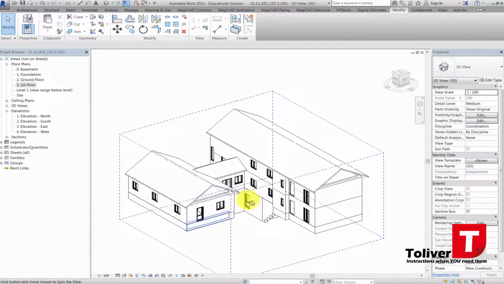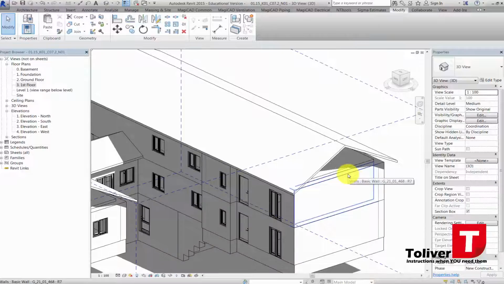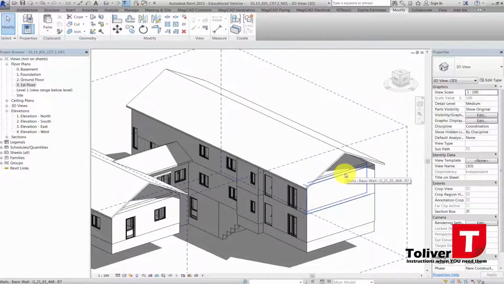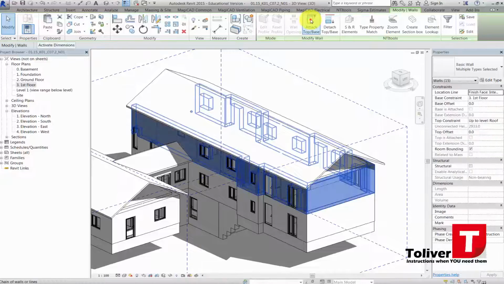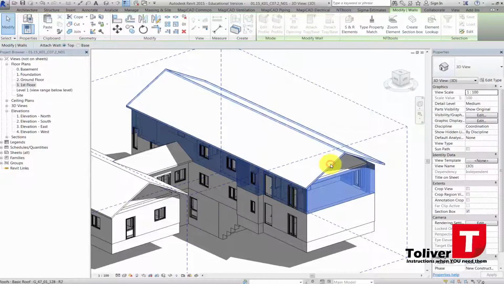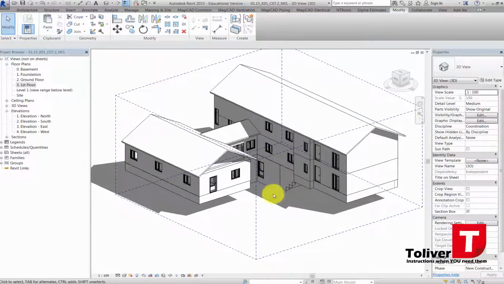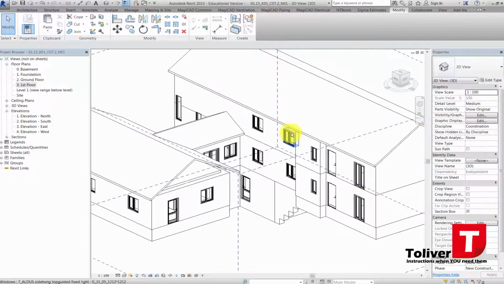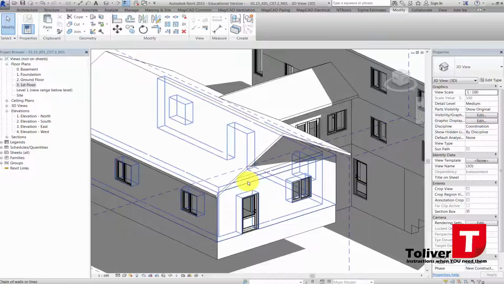Since this is what you call a project proposal, what you could do is hold your cursor over one wall, use the tab once, and it selects all the walls that are connected. Then go up and say attach to roof like this, and once you remove it, it actually connects the walls to the underside of the roof. It's a neat feature. What I want you to do then is to do the same on this side,